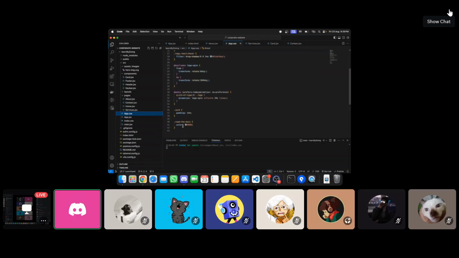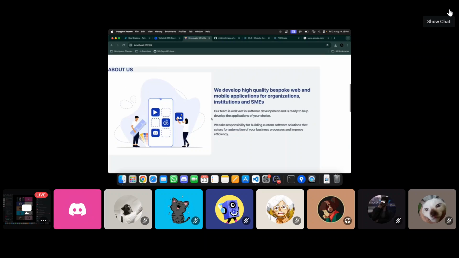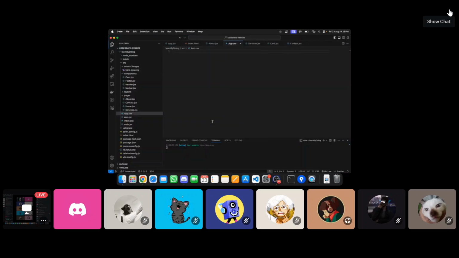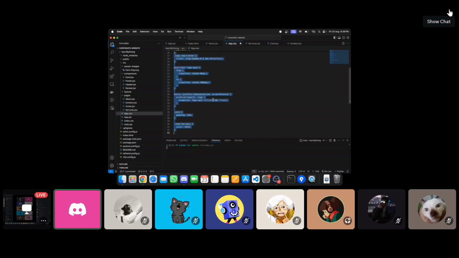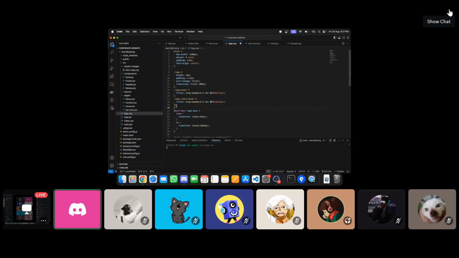We have this App here. We're supposed to clear all this. Okay, I know what's going on because of the CSS. We haven't really cleared this just now. So what we can do is remove all these things which they have already set.